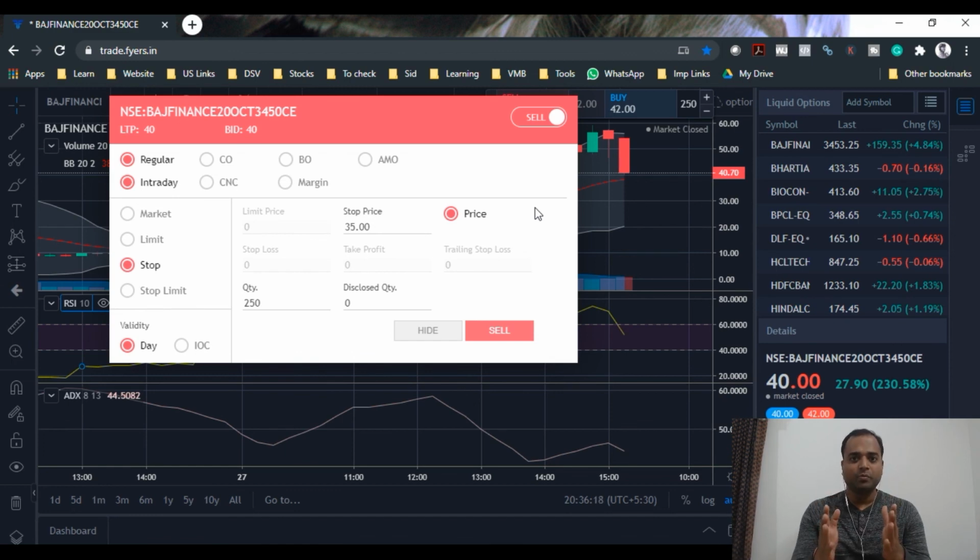So do not have hope, do not have greed, and do not have fear. If you are free from these emotions and you know about these systems like stop loss and limit, then you will stay away from most of the problems of the stock market and you will be a long term player. Otherwise, you will be a very short term player. The market will kick you out if you do not have these things in place. So that is all I wanted to talk about in this video. I hope it gave you good insights, and let's move on to the next video.